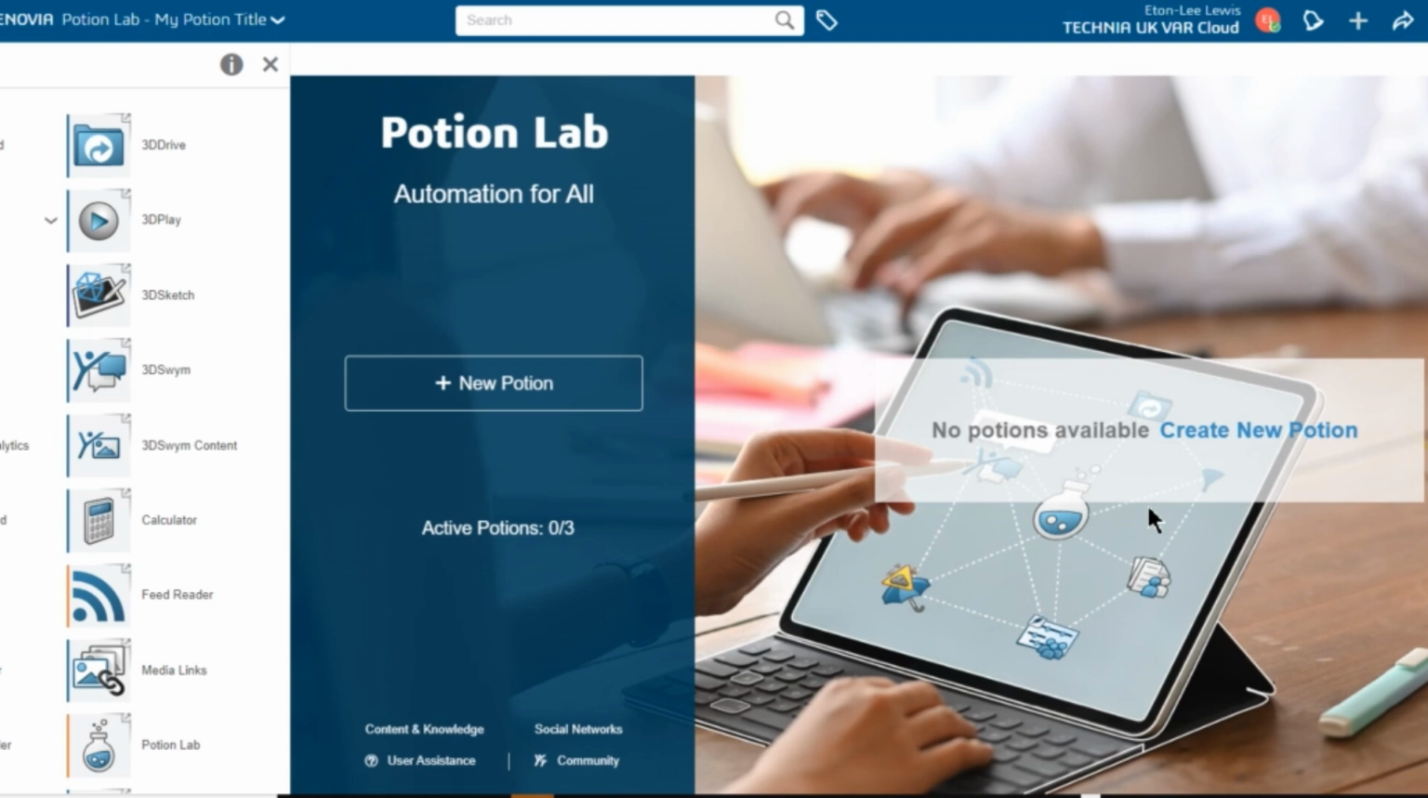The 3D Swymer role gives you access to the Potion Lab app, a neat app that is designed to save time for users by automating routine tasks. Potion Lab allows you to create automatic interactions from apps and services in your very own dashboard. A potion is composed of one trigger ingredient that sets conditions and one or more resulting ingredients that define the